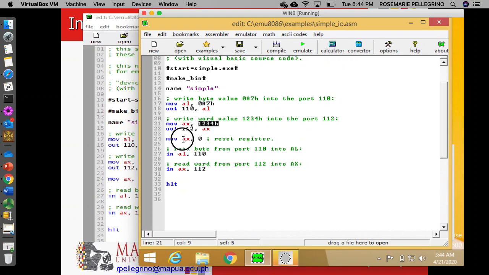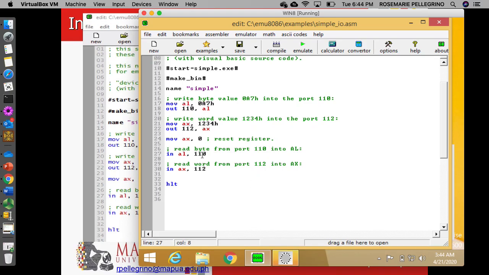Here it resets the value of your accumulator to 0, and then we have here the input. Meaning whatever we inputted from the keyboard will be outputted.